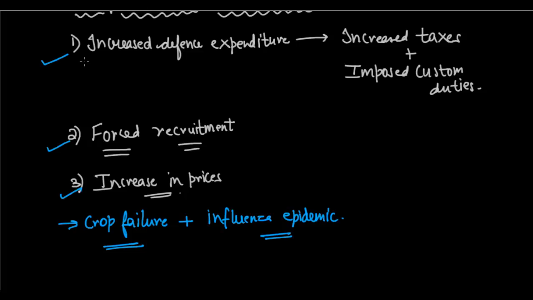So these are the social and political transformations which took place in India due to the First World War. The basic outcome of all of this was a hostility against the British government. This was the ultimate outcome of all these great changes and transformations. I hope you're absolutely clear with what happened during the First World War and how it impacted India specifically. Now let us move on to the arrival of Mahatma Gandhi.